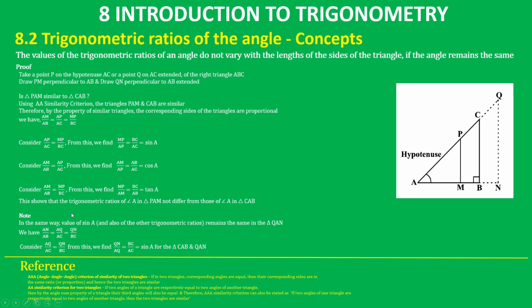Now what we have understood here, this shows that trigonometric ratios of angle A in triangle PAM do not differ from those of angle A in CAB. Correct? Just now we proved, right? Sin A does not change unless this angle is changed. This angle is constant as per the diagram and construction. Right? Now we'll try to see whether